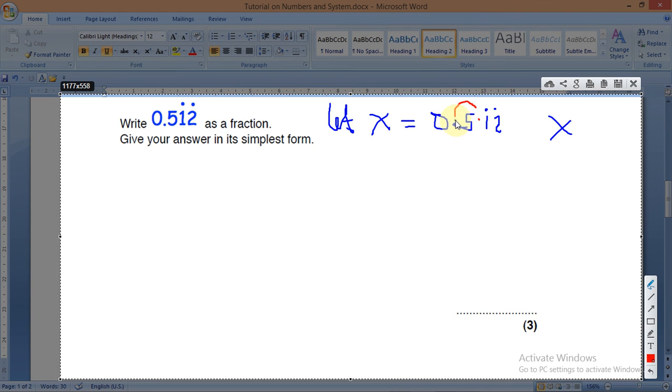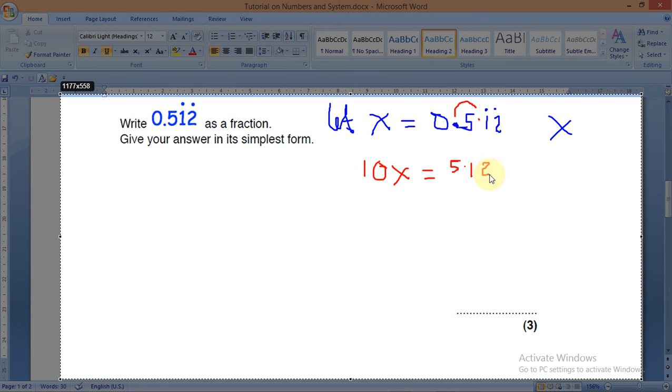So for it to be here, then how many place values here? Just 1. So then I can now take 10, so that will be 10x. Because to satisfy it, I have to multiply this by 10 for me to have 5 points. So that's multiplied by 10. So 10x will be equal to